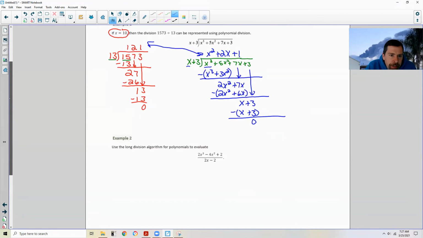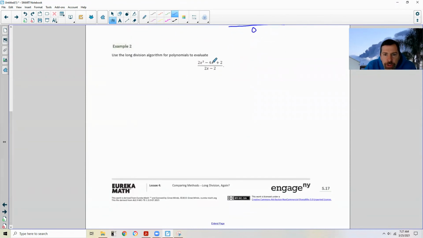So now let's take a look at another example. And this one they're just showing as a fraction rather than the long division. And it says to use the long division algorithm for polynomials to evaluate. So our divisor down here is one of the factors. And our quotient is going to be the other factor of our numerator, the dividend. So we're going to take